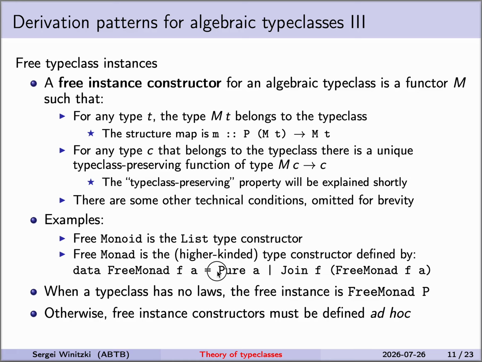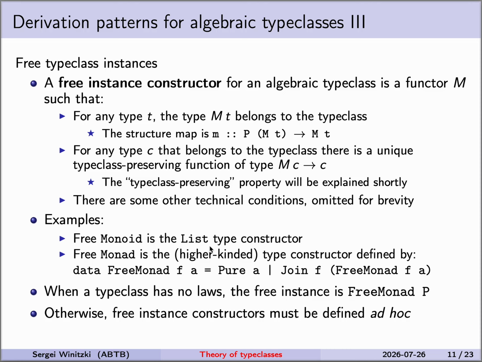Now, this is certainly not trivial that this is actually true. That this is a monad is relatively simple to see, but that there is a unique type class preserving function when f is already a monad and you put f in there, and then you need to prove that there is a unique monad preserving, or as it's called in category theory, monad morphism, monad preserving function from this to f. That is not so trivial to prove. I'm not going to do it here. I'm just going to say that